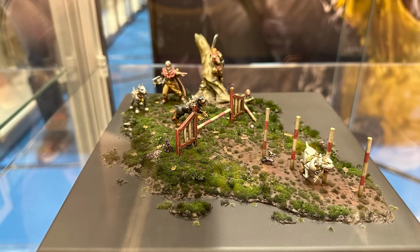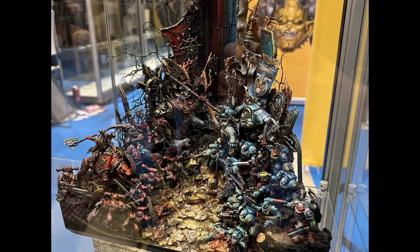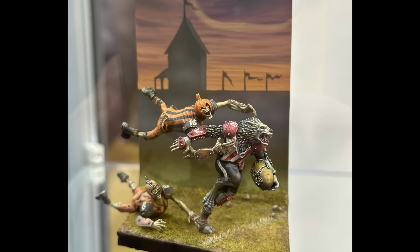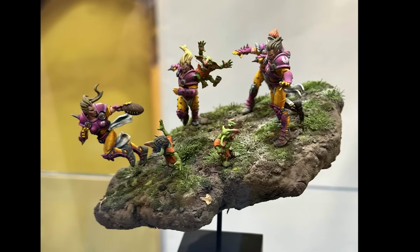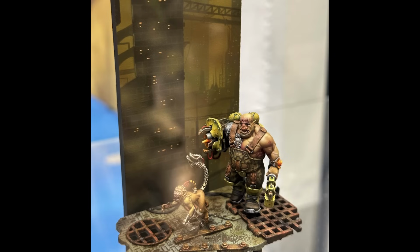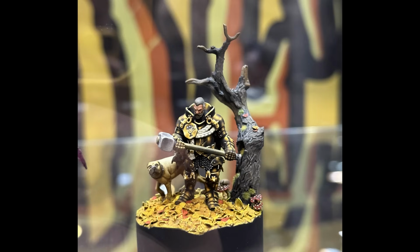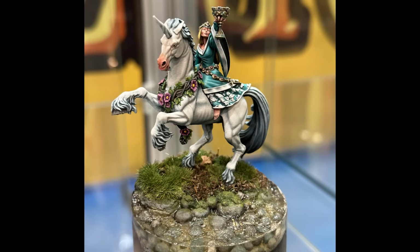I will say that if you are a little bit cautious about entering at Essen, because I think they're going to use the same venue again. Don't quote me on that, I might be wrong, but I think they probably will. And if you've not been there before, it could be a little bit stressful getting there, not knowing what to do, where to go, all that kind of stuff. Which was true for me, and I actually found it was very easy to get there. If you're going from the UK, it's only an hour flight, and what you'll do is you'll fly into Dusseldorf, and then it's only a very short journey from Dusseldorf to Essen. So it's not that bad, and all the transport options are very easy to use. I didn't have any problem getting around. Loads of people speak English,